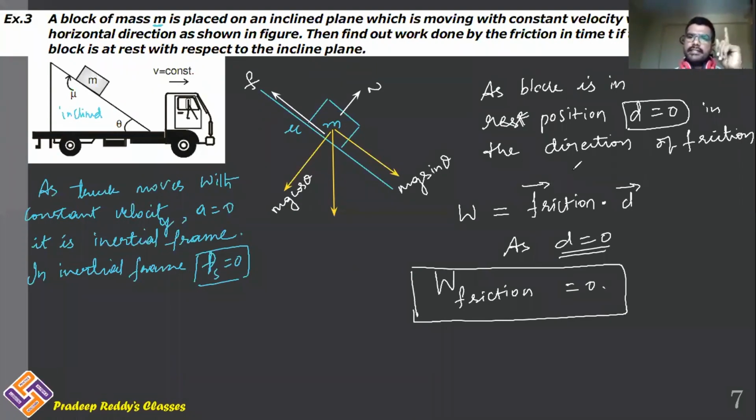So as displacement is 0, work done is equal to 0. We have already discussed this in the first lecture itself, and I have explained the conditions. F is equal to 0, W is equal to 0. D is equal to 0, W is equal to 0. Theta is equal to 90, W is equal to 0. Even though practically a block may be moving with some disturbances, if it is perpendicular to the force, then work done is equal to 0. So according to physics, work done by the frictional force is equal to 0 in this example, because net displacement is 0.